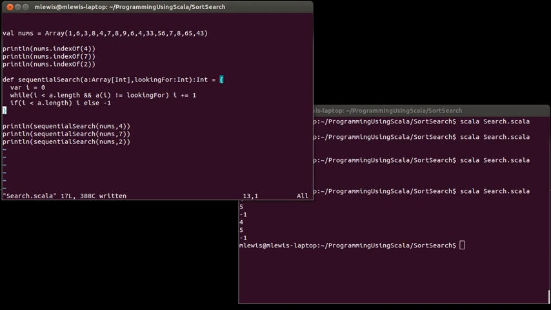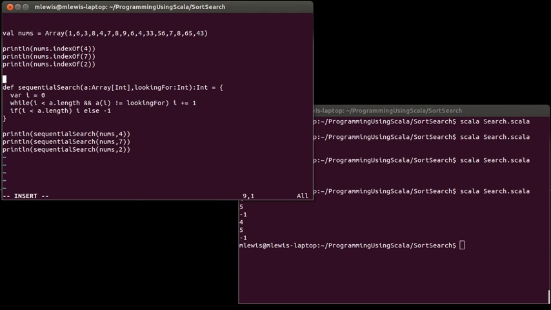The sequential search is order n. It happens in linear time. As the number of items grows, the number of comparisons that we expect we're going to have to do grows equivalently. So while it's flexible and easy to write, if you're going to do this a lot on larger sets of data, this is not the way you want to be doing it. And that motivates our next lecture, where we're going to talk about the